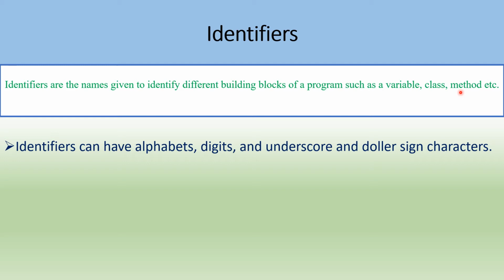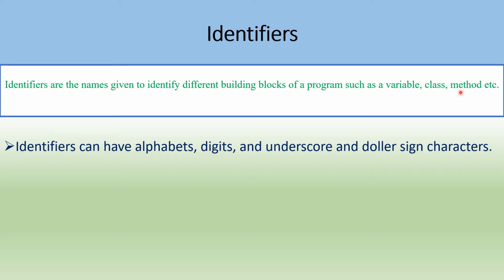Except these two characters, underscore and dollar sign, you cannot use any other character, not even space. Like if I am writing the name of the method as "simple space interest", if I pressed the space bar and wrote "simple interest" as the name of the method, the compiler is going to give me an error because in the rules of identifiers it is not specified that I am allowed to use a space.